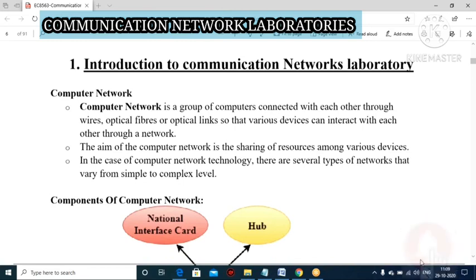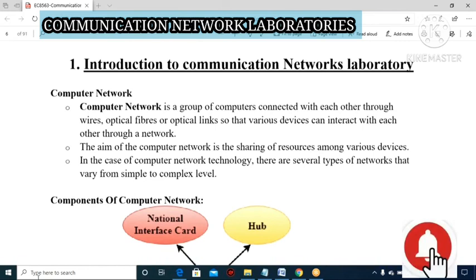So first, introduction to communication network laboratory. What is a computer network? That is CN. The main aim of the computer network is sharing of resources among various devices, isn't it? That is the main concept of computer network. It means a computer network consists of a group of computers connected with each other.